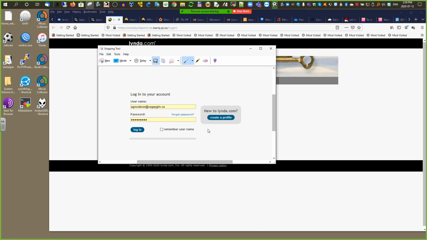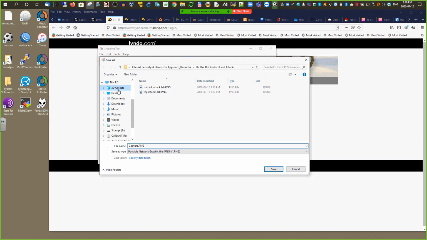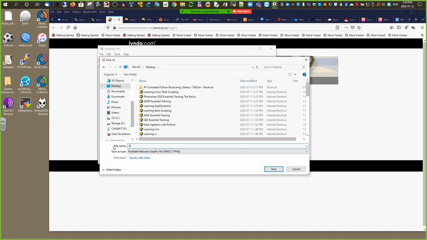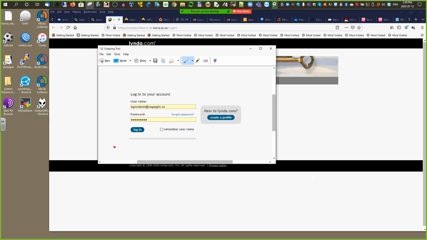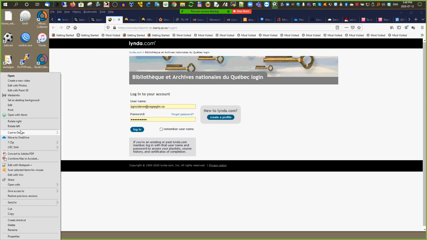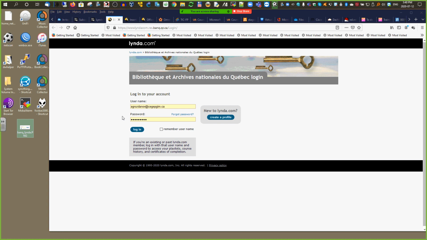Then you're going to save it. In my case, I'm going to save it on my desktop, and I'm going to name it BanQu Lynda. Okay, and the next thing you need to do is, this one you will actually import inside